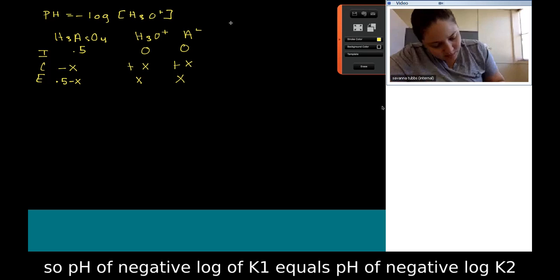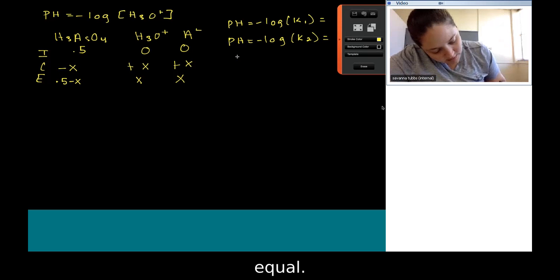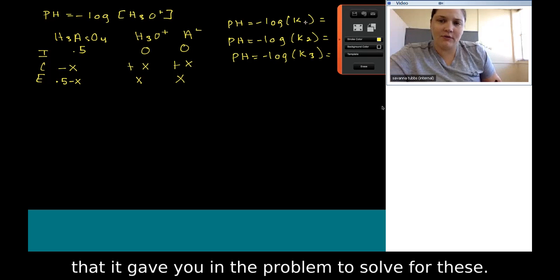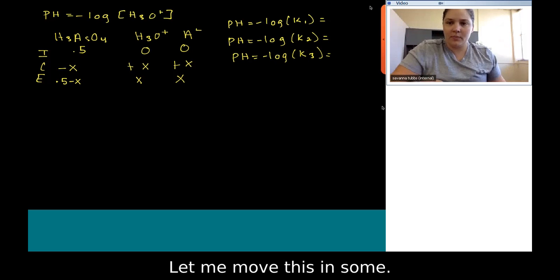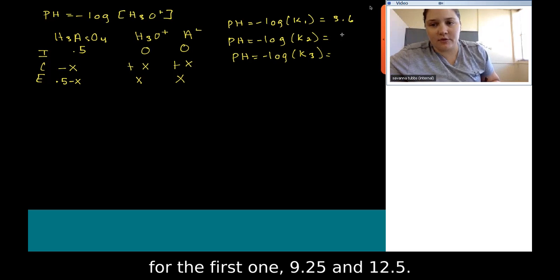When you plug it in, pH equals negative log of K1, pH equals negative log of K2, and pH equals negative log of K3. You're going to plug in the actual values that the problem gave you to solve for these. So when you plug this in, you'll get a pH of 3.6 for the first one,